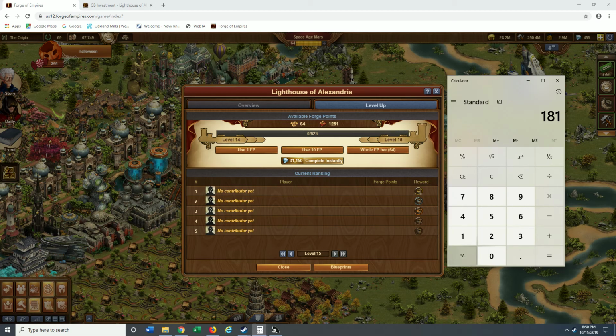At that point, what that means is you put 261 on, someone put 181 on for first place, and there's only 181 FP left that can be put on. So no one can pass first place, and at that point, first place is locked in at 181 FP. Second place would be